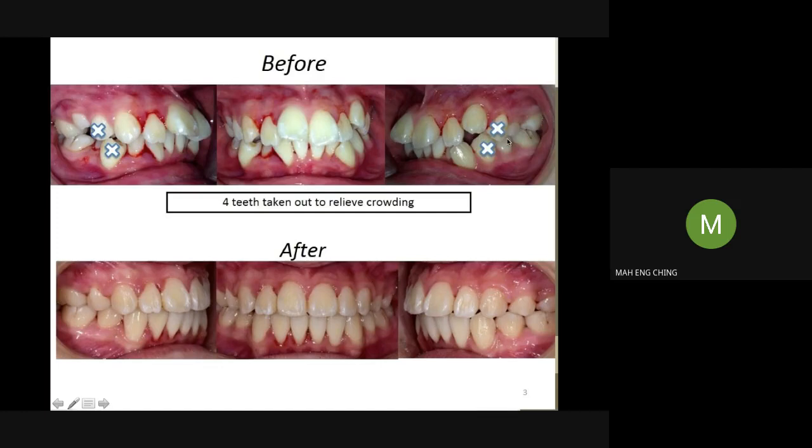Again, this upper left canine is a bit higher, so they have an open bite. In order to bring it down, we use extrusion force, so you can achieve the bite with the lower canine. This one is called intrusion. For this central incisor, besides the tipping movement, we also use intrusion force. You see, initially there was a deep bite, and after that we have a shallow bite because we intrude the upper